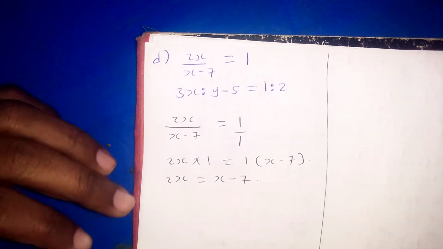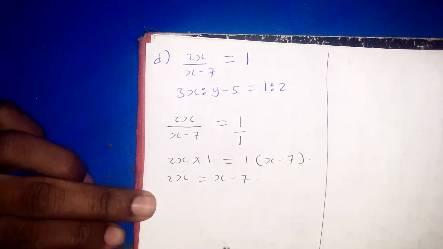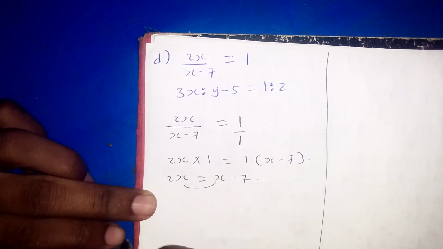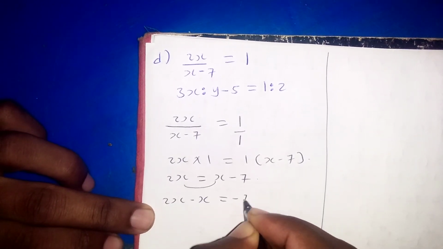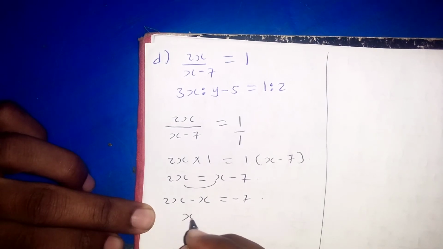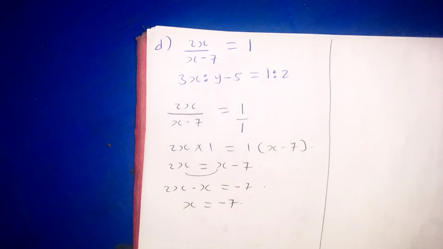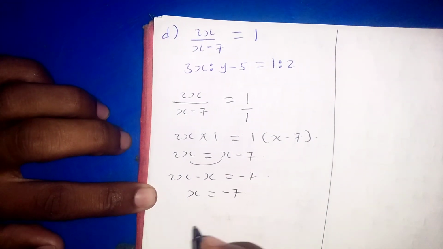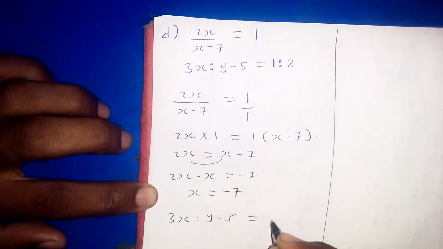Then from there, I'll simply collect the like terms. So with the like terms, I can take x towards this side. So I'll have 2x minus x being equal to negative 7. So this is simply x is equals to negative 7. So actually the first equation is simply over. Then the second equation I have, I'm given 3x to the ratio of y minus 5 being equal to 1